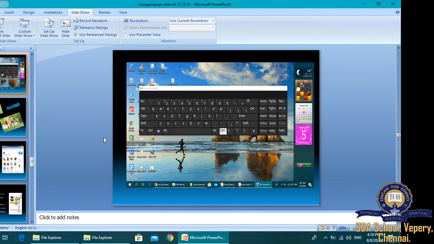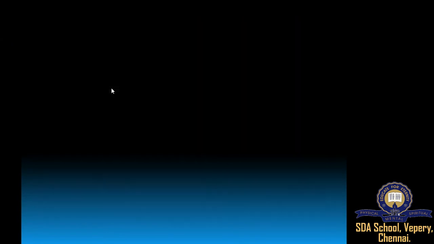Next, we move on to the topic. What is this? Can you see, children? What do you learn from this picture? What are they doing? They are playing.